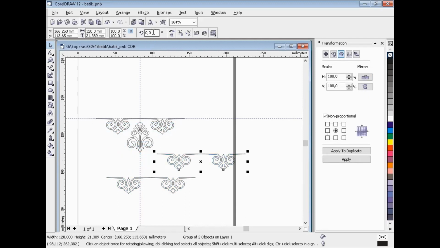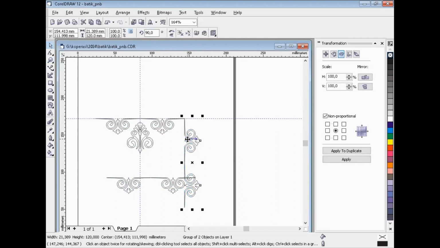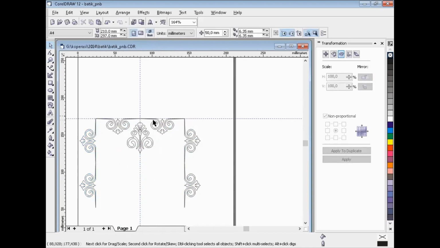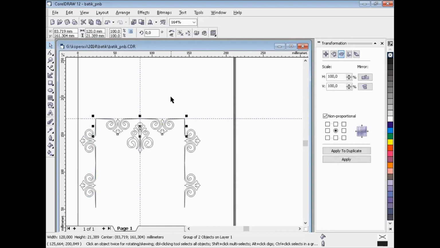Now I will rotate it to 90 degrees. I have it looking like this. And here, minus 90 degrees, and use it like this. Okay, set, and Ctrl C, Ctrl V, and I use